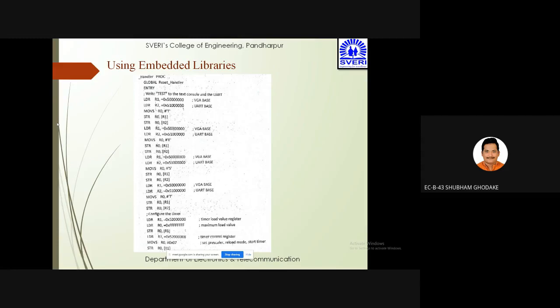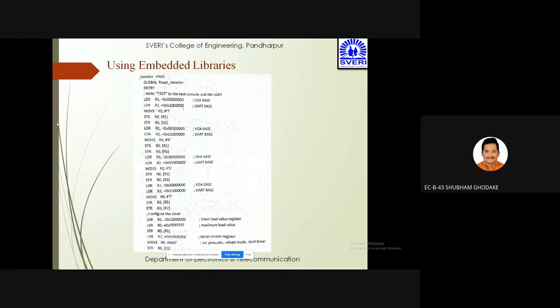So test में का पहला T को मूव किया, बाद में E को मूव किया, देख रहे होंगे आप, मूव S, बाद में S को मूव किया और बाद में T को मूव किया और उसके बाद में कॉन्फ़िगर किया टाइमिंग को। तो कॉन्फ़िगर करते समय देखो पहले क्या किया है कि टेस्ट को लिखते समय R1 एंड R2 यानी कि VGA बेस और URT बेस को डिक्लेयर किया, बाद में T को मूव किया और स्ट्रिंग यूज किया R0, R1, R0, R2, फिर बाद में R1, R2, VGA बेस, URT बेस, बाद में ये T का हो गया। अभी आएगा E को सेम, उसी तरह से S को सेम, फिर बाद में वापस T को सेम,